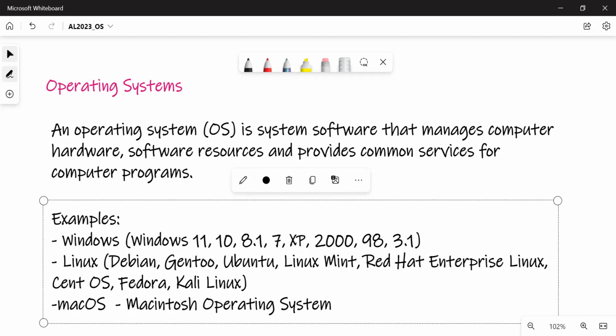Now, when you look at Macintosh, there are different versions as well. They also have different versions they have developed. They're developed by Apple computers.